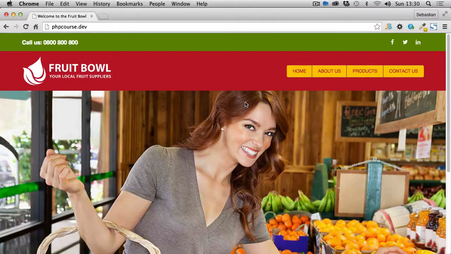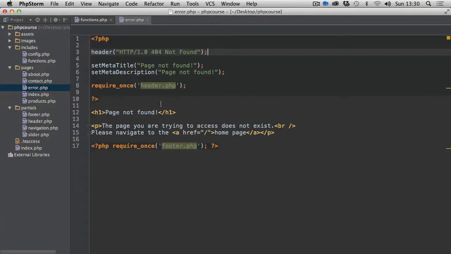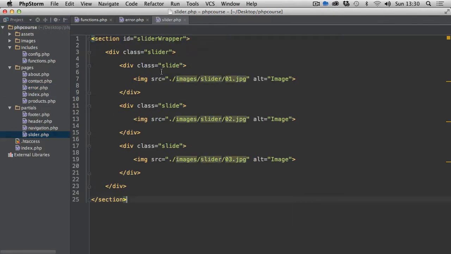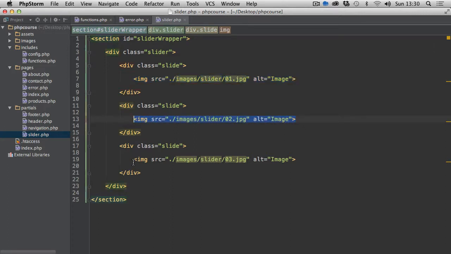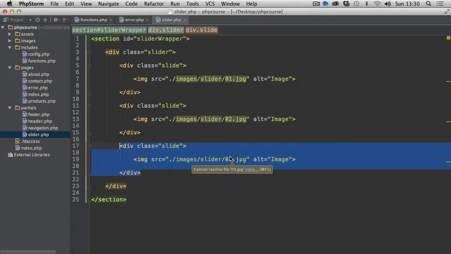Okay, let's now go back to our editor. And if we open our slider, this is what we're going to be working with now. You can see we obviously hard-coded all these images, but let's say with time we want to have a whole bunch more. We're going to have to copy this block, paste it under, update the image